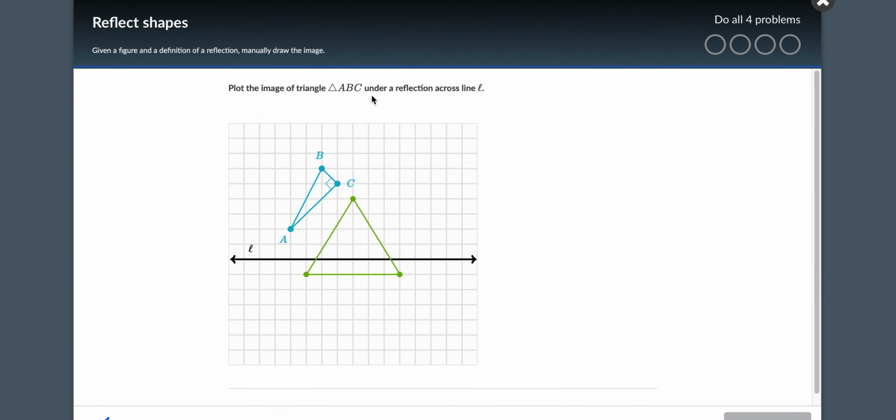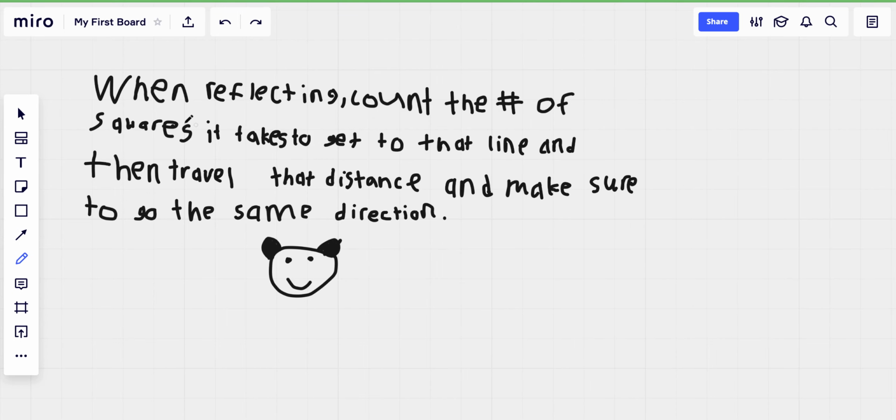Just a basic tutorial on how to not only determine the line of reflection, well, actually not even determine the line of reflection, but do, in my opinion, the much harder feat of actually reflecting the shapes. Okay, so before we start, I want to talk about, when you're reflecting, what you want to do is